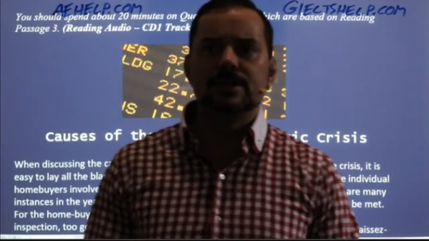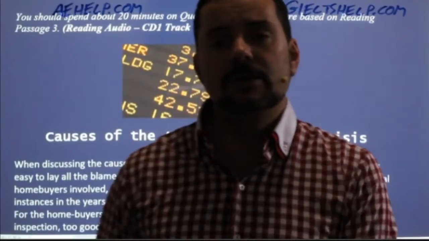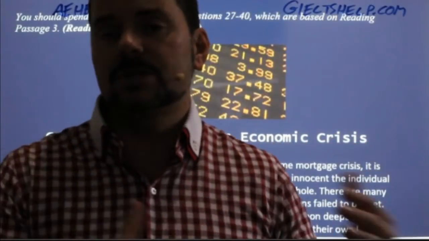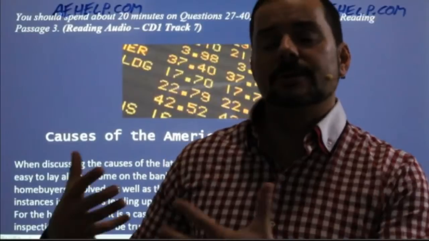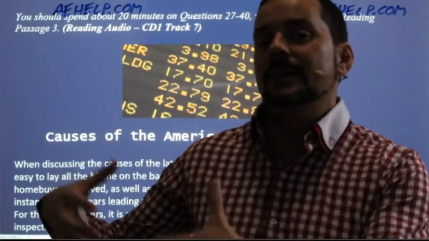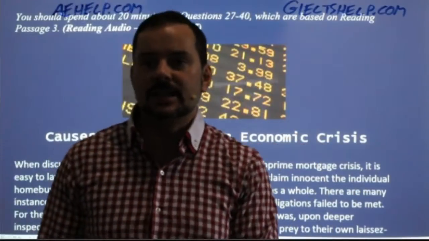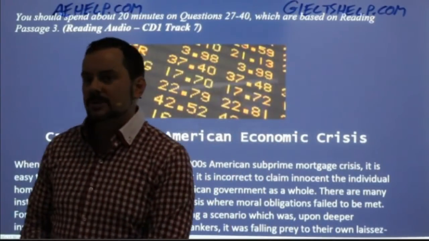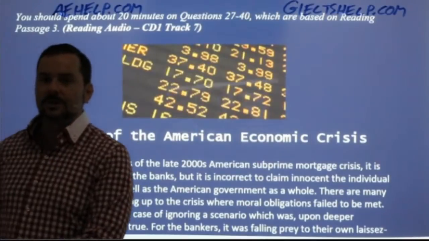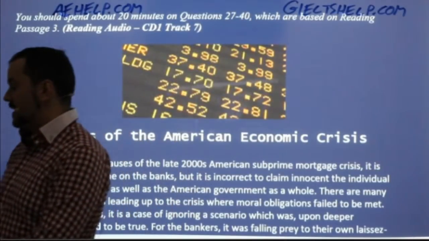Yeah, so money wasn't paid back. A lot of loans were given out. So the banks gave a lot of loans, and those loans were not paid back because there was no ability to pay back those loans. Yeah, exactly. Okay, so that was a big reason. And then the banks got into trouble and the banks failed, right?